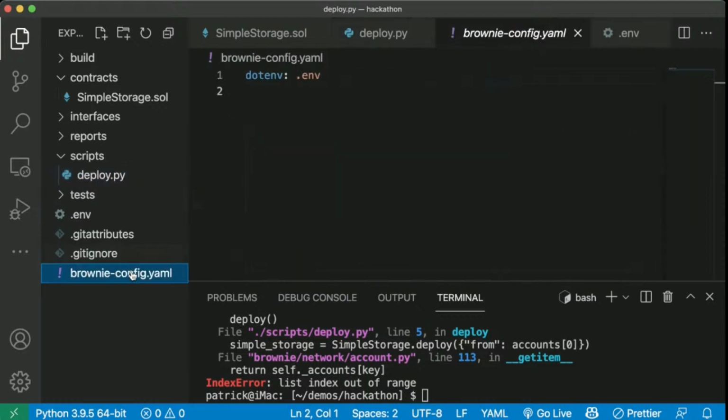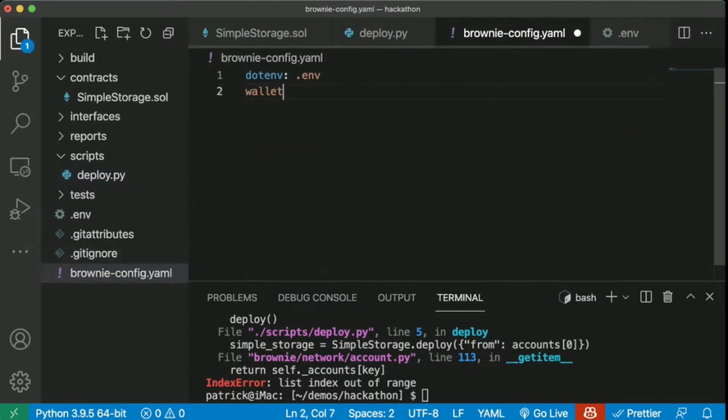So what I'll do is I'll come to this Brownie config. I'll say wallets from key, and then I'll put this syntax in here. Now what this does is it puts your private key environment variable at the wallets from key in our config.